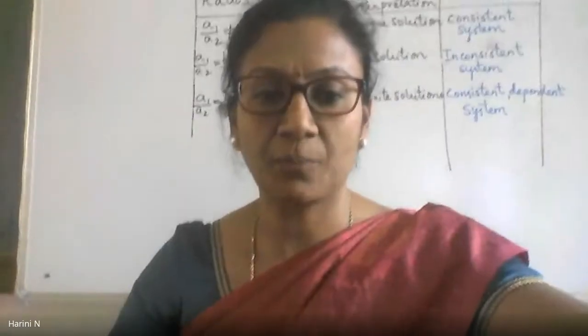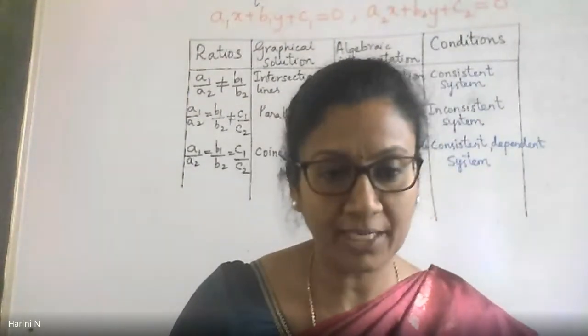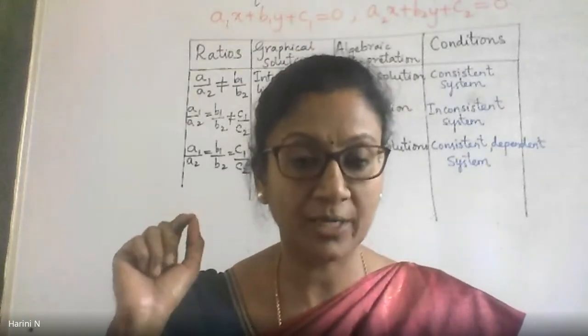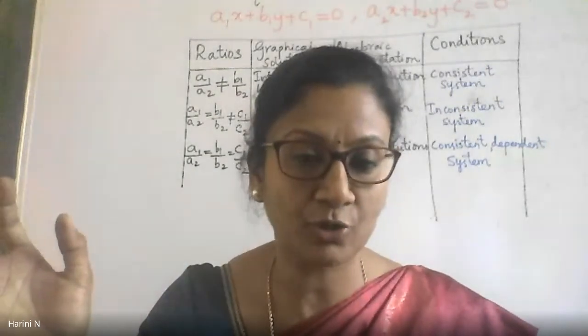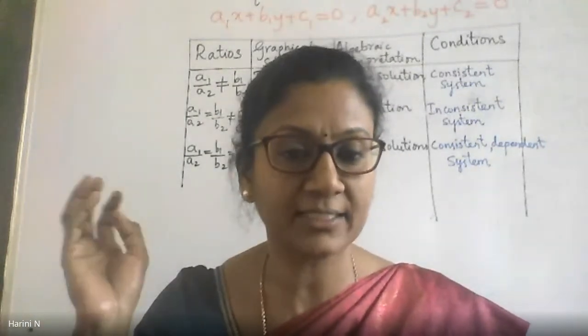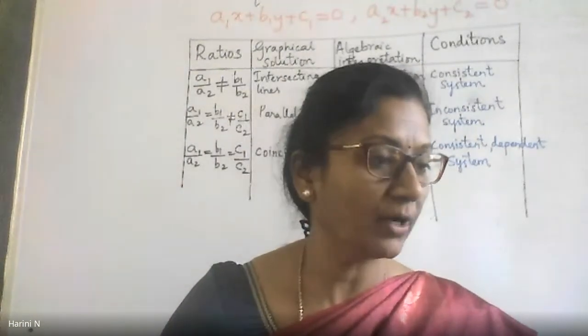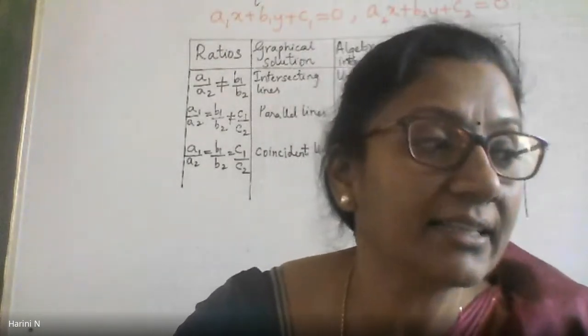Yes. Okay, so now what I will do is on the board, I will write down the 3 equations which you have to take up and find their graphical solution. All right, in the same way you must find the graphical solutions, and come and show me the graphs tomorrow to show whether they are intersecting lines, coincident lines or parallel lines. All right, so on the board I will write down the equations, please take it, and the remaining we will discuss in the class tomorrow.